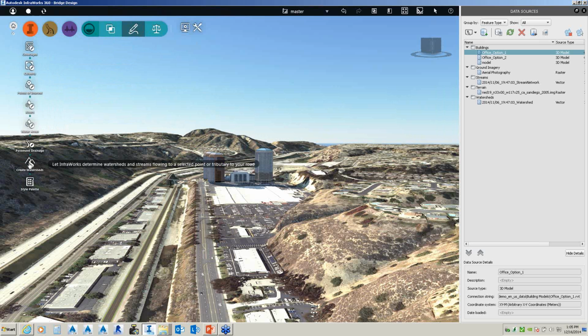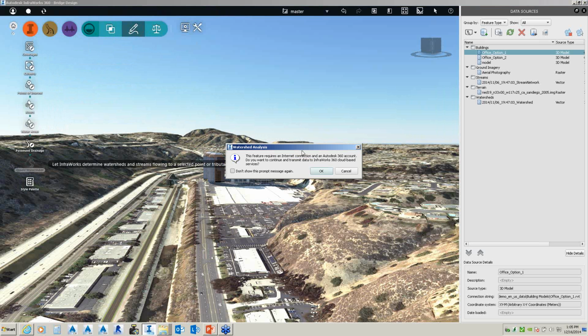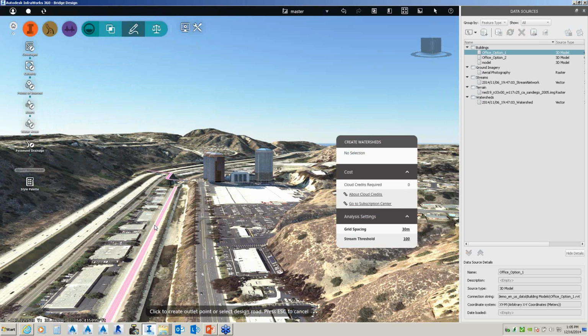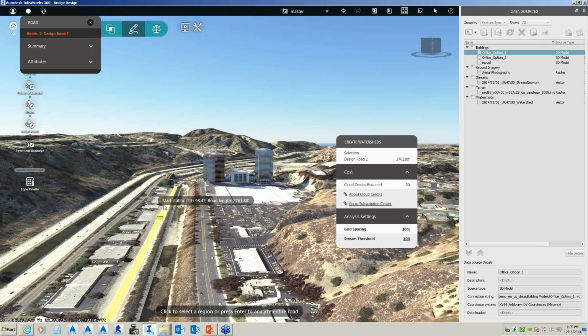And what I'm going to do is, while that's running in the background, I'm also going to generate from this. I'm going to pick my start point and my end point, and then I'm going to hit enter because I want to analyze that region. So what it's going to run in the background is an analysis in reference to my watershed. So this takes a second.